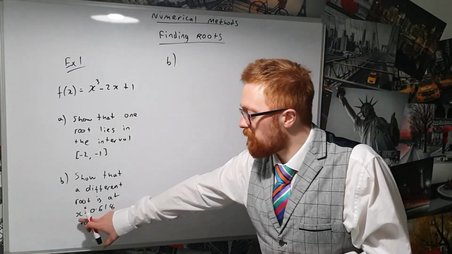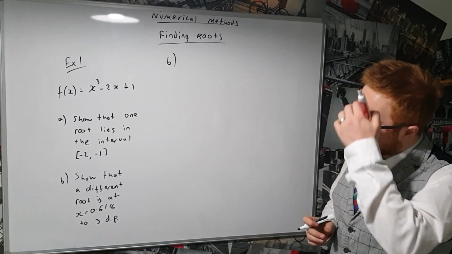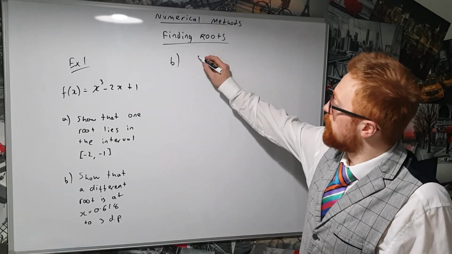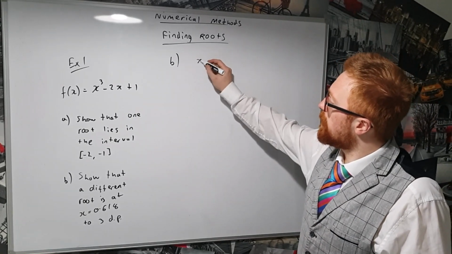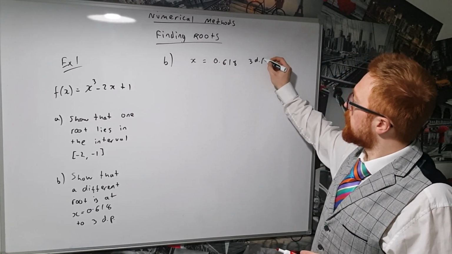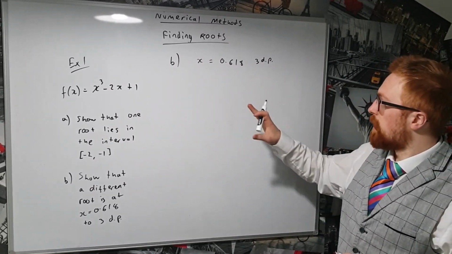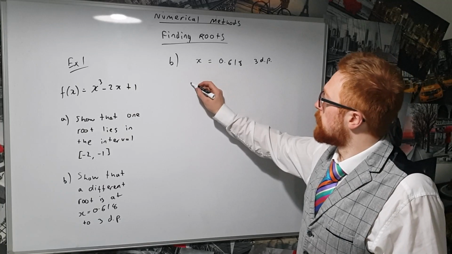Exactly, we need to write our error interval for x, and that's going to give us a range of values that we can check. If x is 0.618 to 3 decimal places, what's the smallest it could possibly be? Exactly, so we get